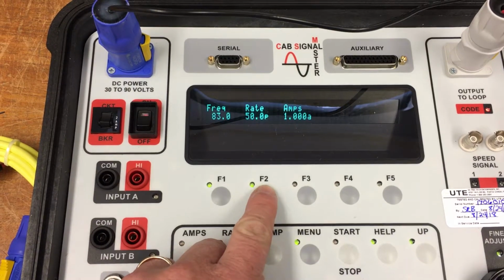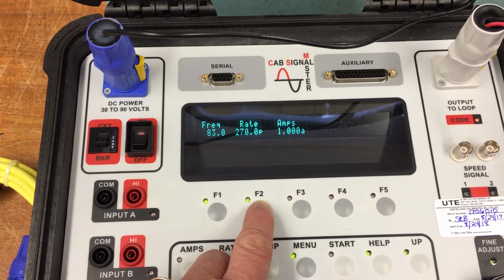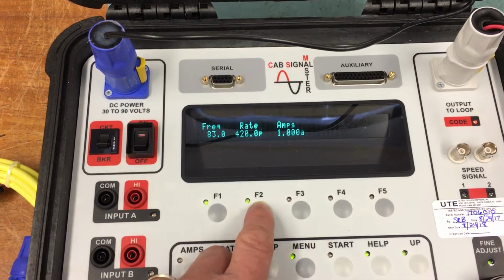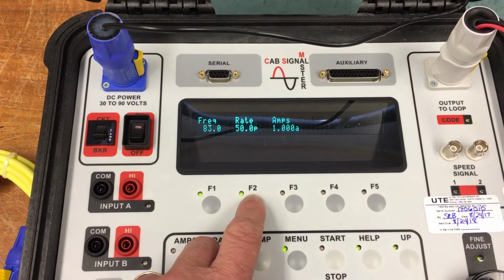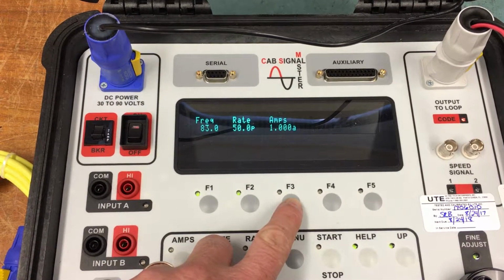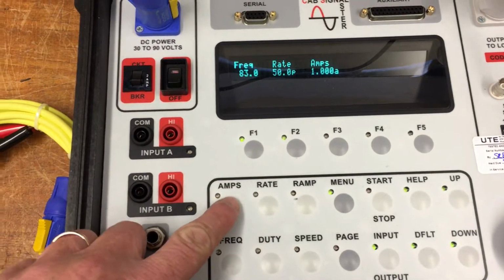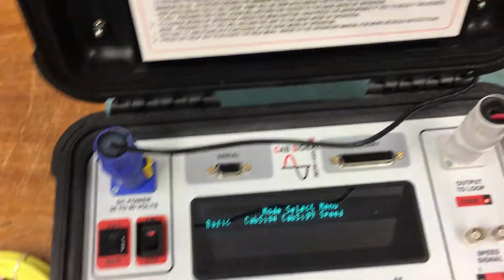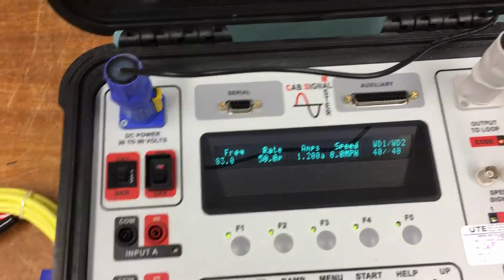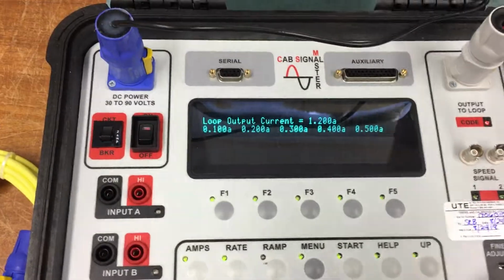We press the rate button, it cycles through all the different code rates, and they're actually applied immediately on pressing the button. The F3 button does not work, but we can change the current by pressing the current button. Sorry, because we're on the basic, we need to go back to the cab signal 4. Now we can change the current by